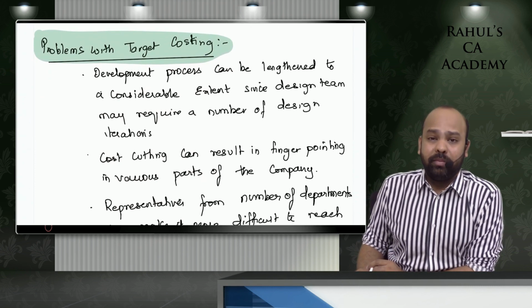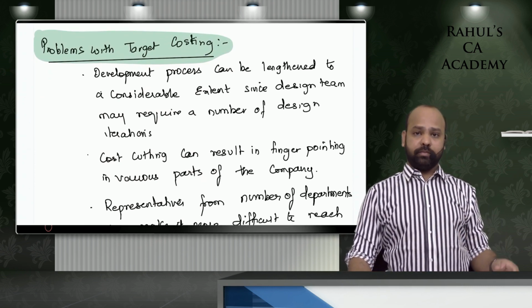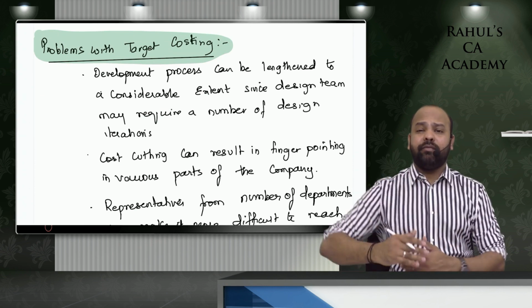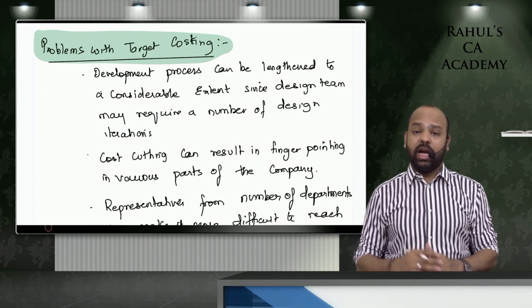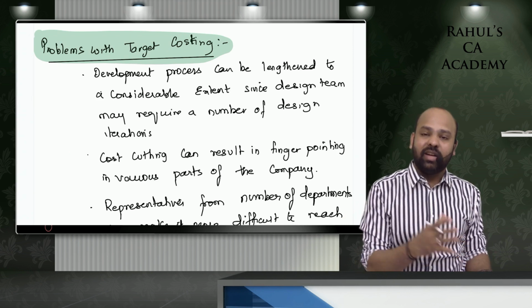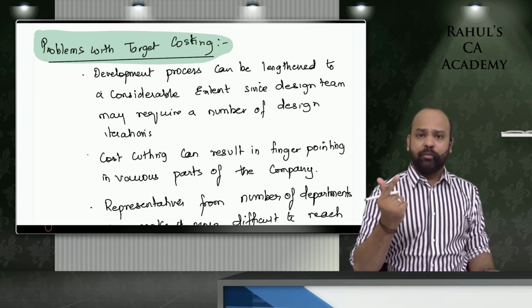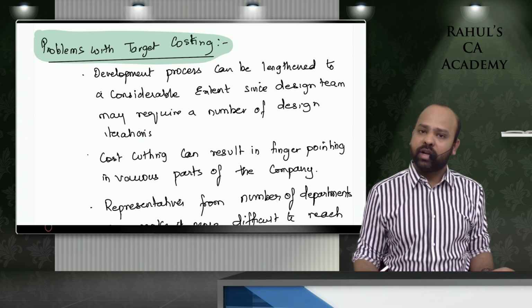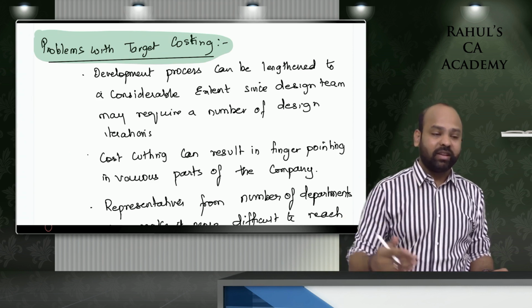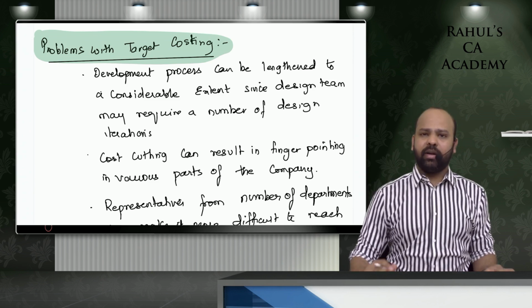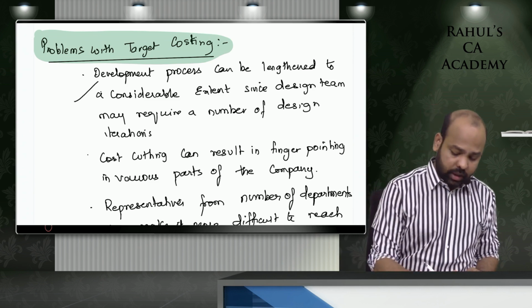The first problem, beta, is that this can actually take a lot of time. Because the design department might have to continuously come up with huge iterations of design, guys, and finally come to a conclusion that this design will meet the desired requirements. It is not the case, beta, that the very first time you try to design the product, you will get your desired result. You may have to continuously change whatever is being designed. Various design modifications will be carried out as such, guys.